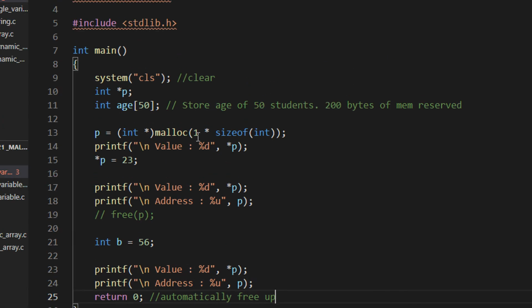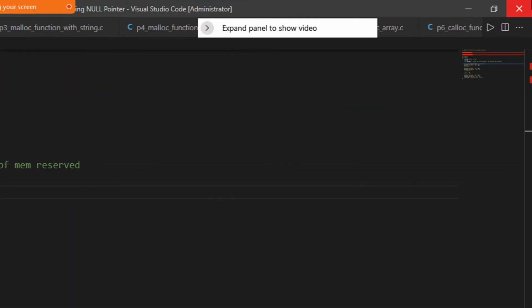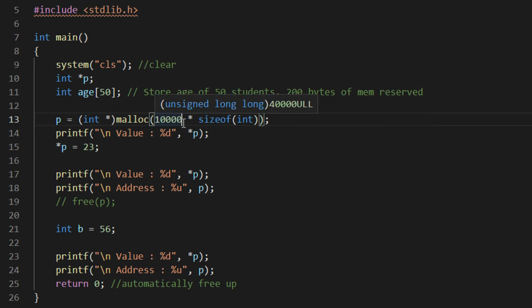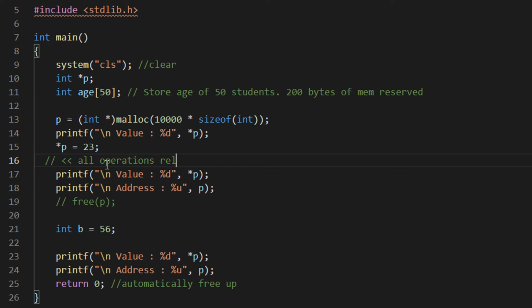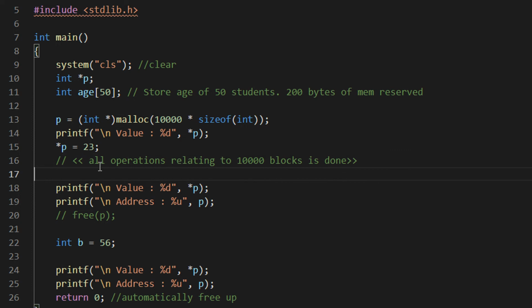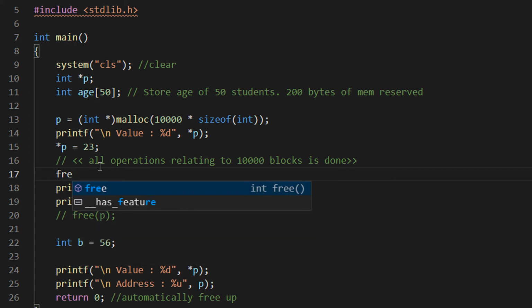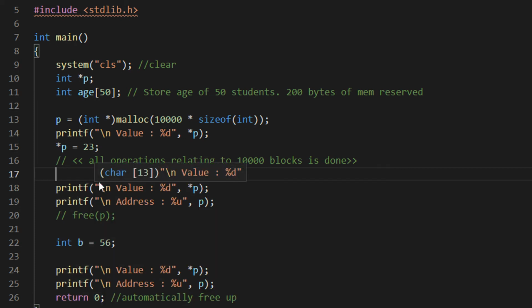Let's say instead of one, you have a 10,000 block allocation here. You allocate 10,000 blocks, and at this particular line, all operations relating to the 10,000 blocks are done, right? Everything is done. Now if you don't use free, technically you should use free p.